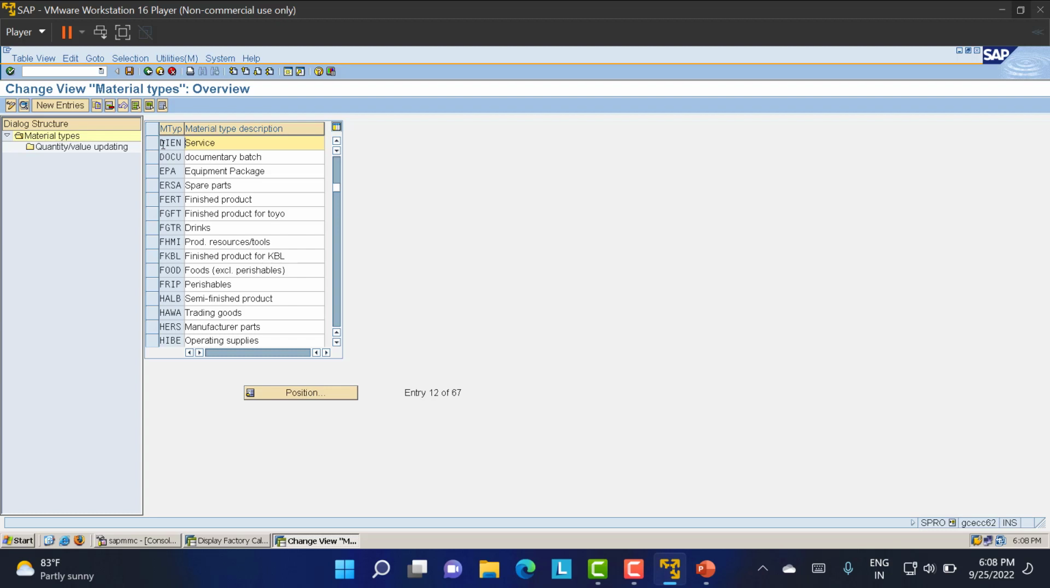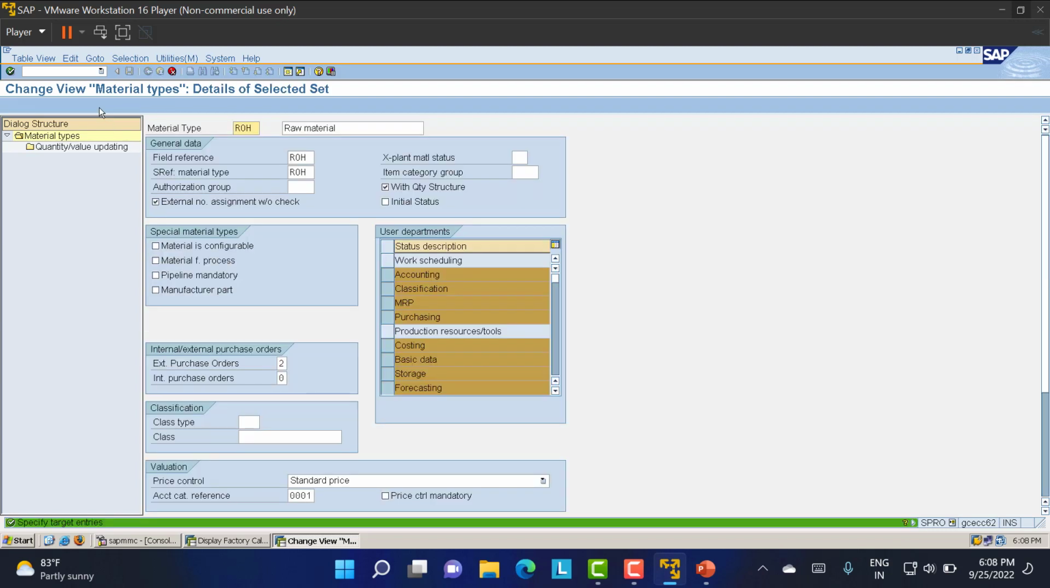But if you want to change, ROH is there, and I want to prepare my own material type, you can do that. How can you do that? Just select this and copy this material type. You can have your own name for the material type. Let us consider mine is like